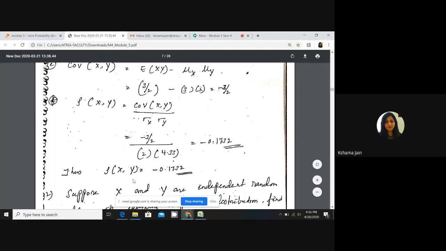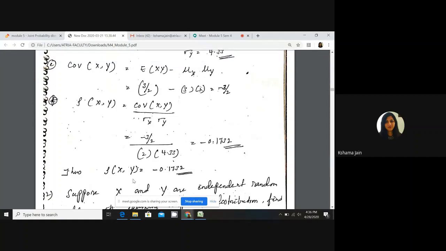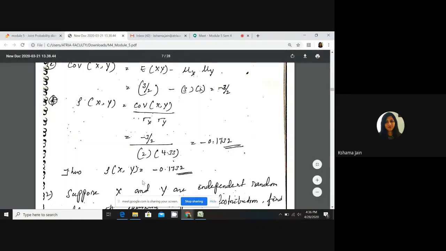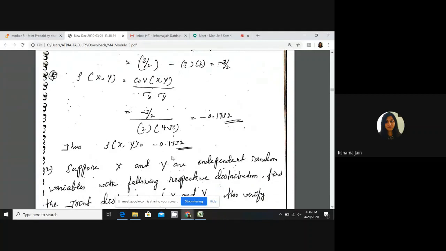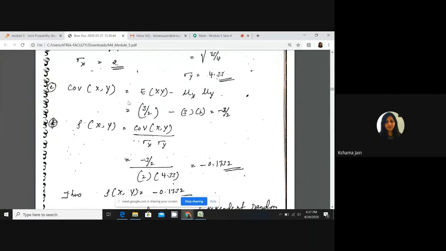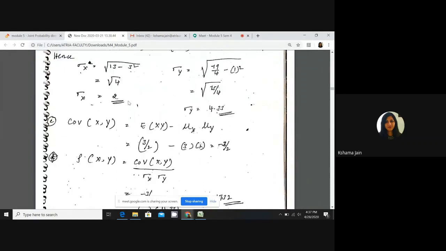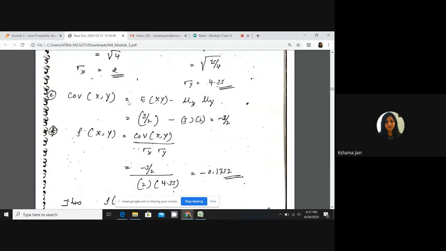And one more thing, don't get confused. Probability can't be negative, but correlation can be negative. So don't get confused if it is coming negative, because if you remember, correlation coefficient lies between -1 to +1. So there is a negative correlation also. So you can get this negative value. So this is the first problem based on this. In a single problem, 5 formulas are used. Any doubt in that, you can ask me without hesitation.